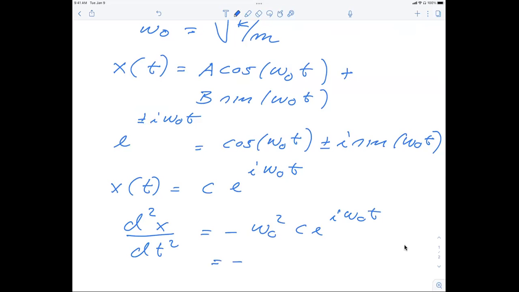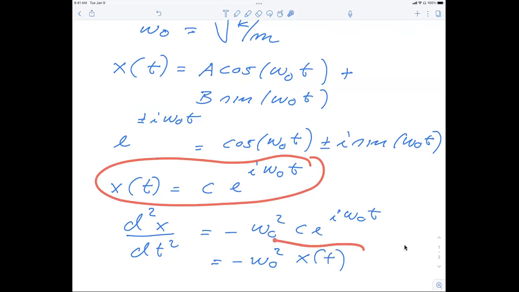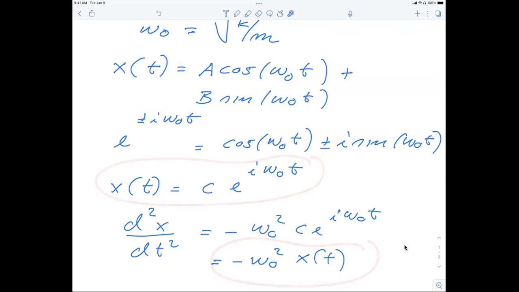And that's nothing but this omega 0 squared times this x of t. But now x of t was given by this solution here. So what we see when we do this is that the exponential is also a solution to the same